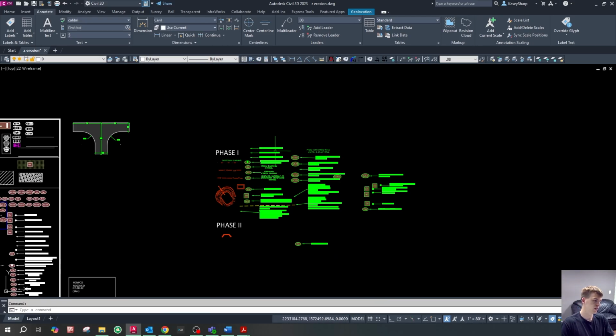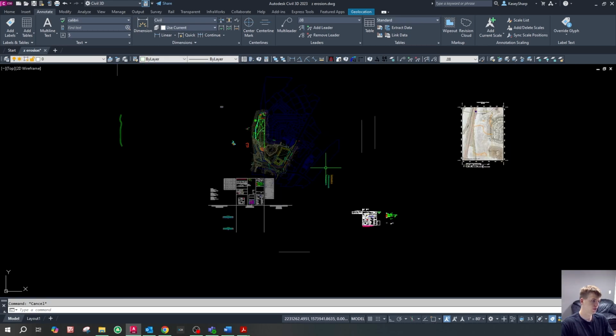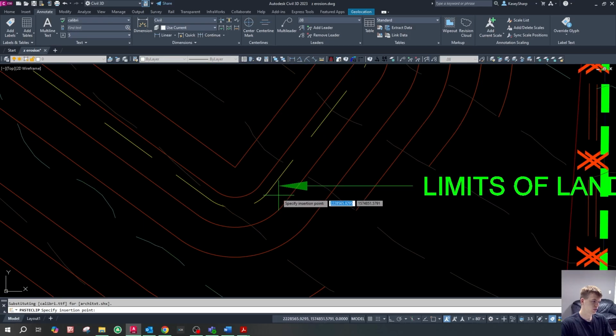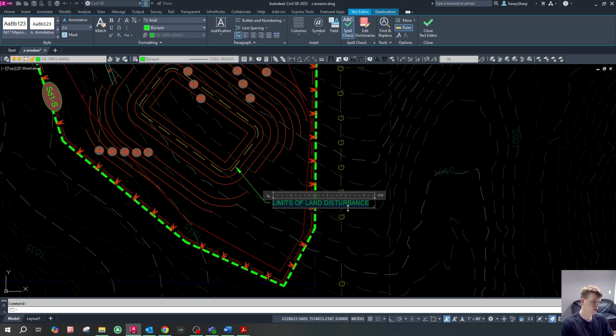Maybe not. Maybe it's not over here in the blocks. Either way, I'm just going to copy one of these multi-liters here and call out the clean out elevation. I'm going to drag this down here, add a background mask, and then call this out. I personally like to get somewhat tedious with my erosion control plans, but I'm going to call this out as clean out